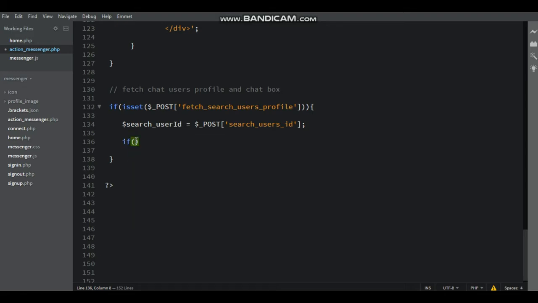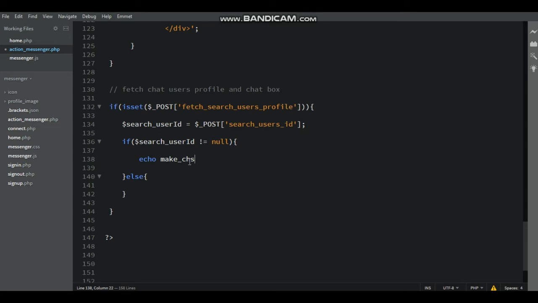Now here the if else function. Inside the if, that is search_ID, that is the search user ID not equal to null, and then echo, else, here echo make chat users.